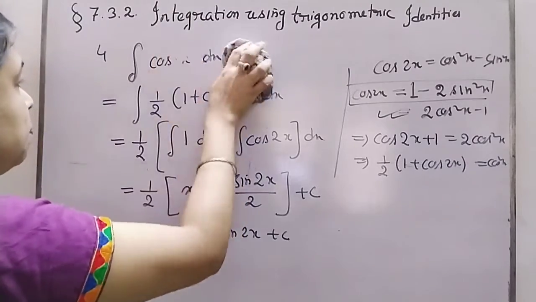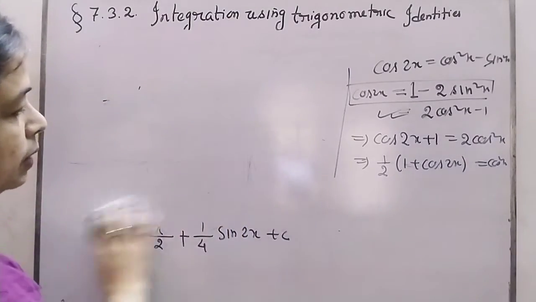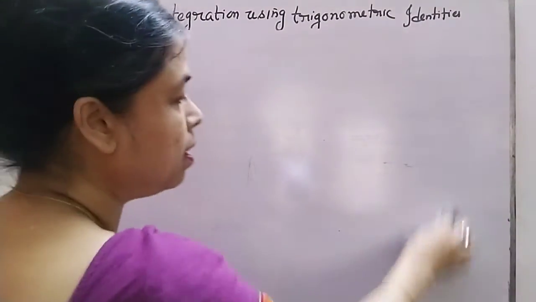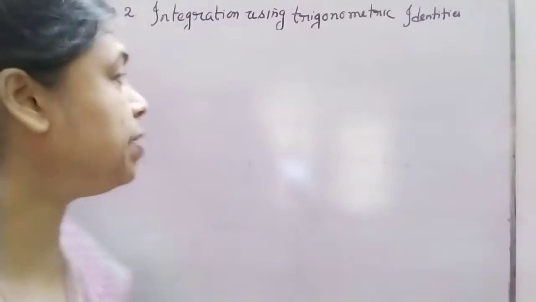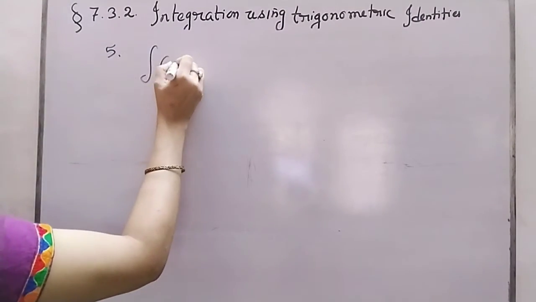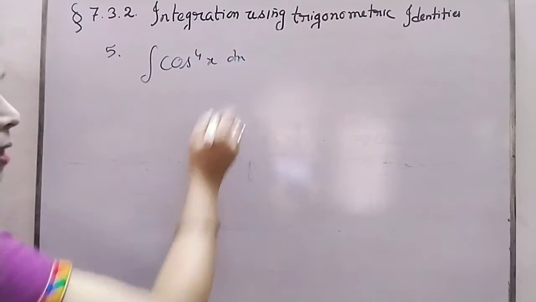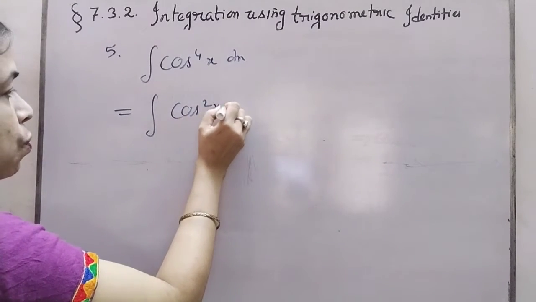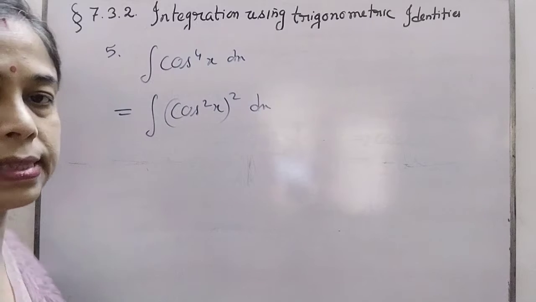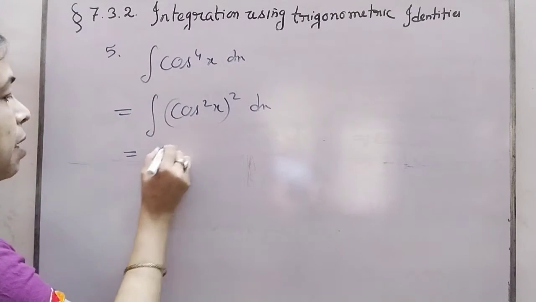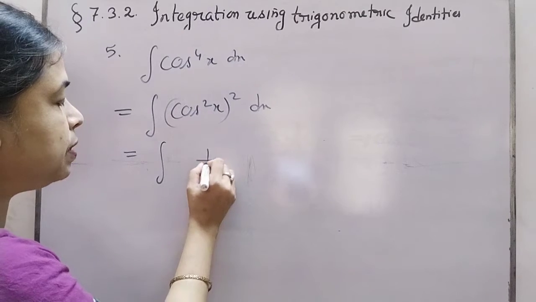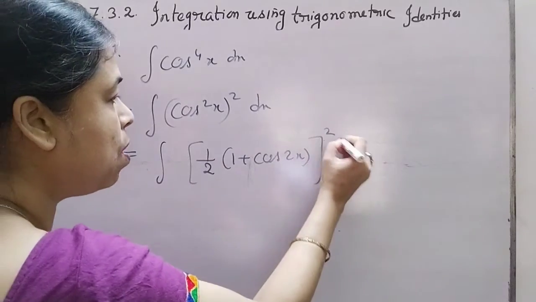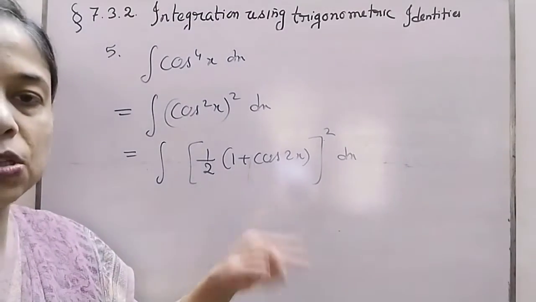Say I have here, okay, I just wrap it. Now you remember this substitution, okay? For cos, use plus, and for sine, you have to use minus. So now, suppose you have cos to the power 4 x into dx. Now how am I going to derive it? You have to convert first cos to the power 4 as cos square x whole square dx. Okay, now what to do? In place of cos square x, I'll use half of 1 plus cos of twice x. As I told you, when we have cos, you will have to put 1 plus cos twice x.